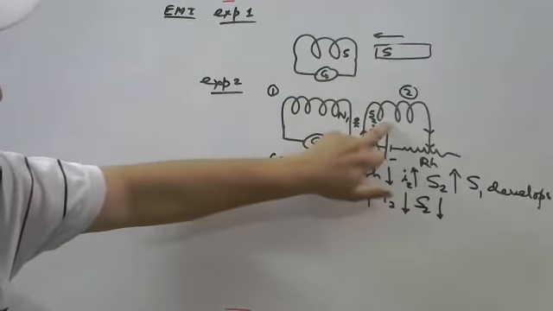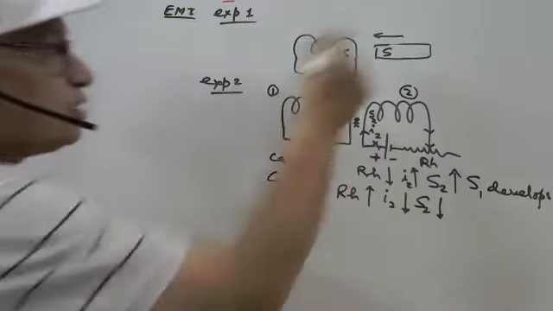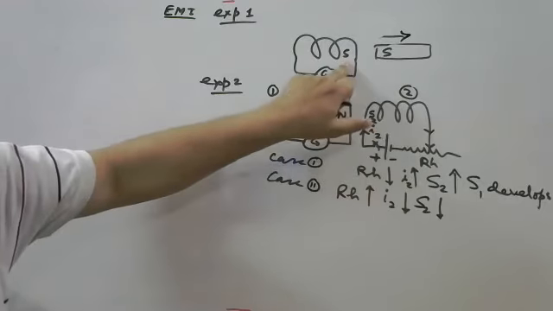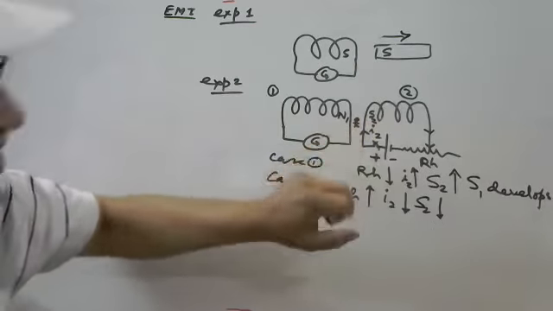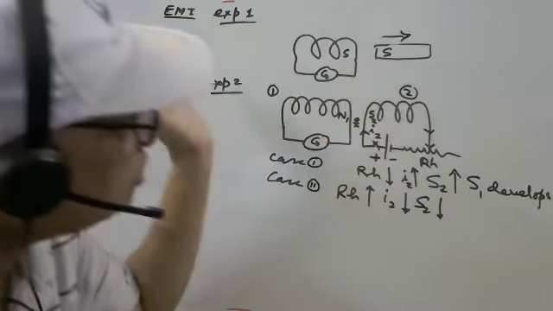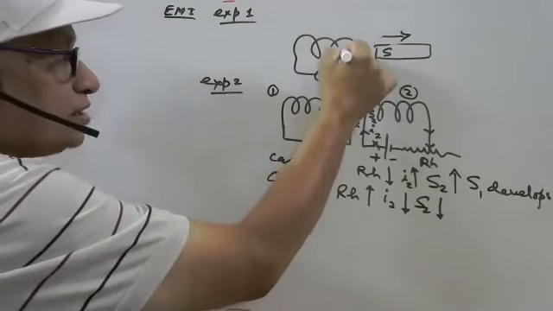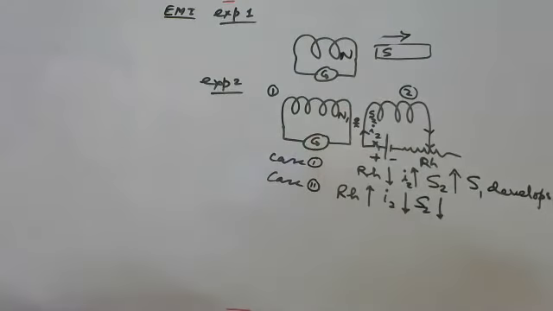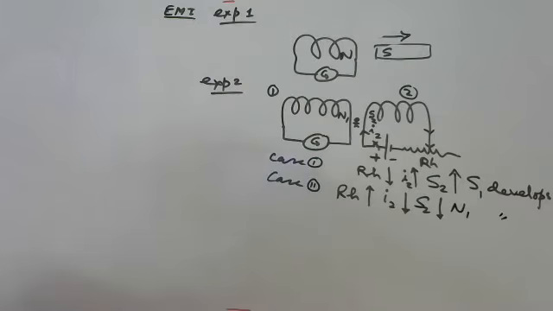Similarly here, if the south pole is becoming stronger, the south pole develops here. Suppose south pole is moving away, lines of force are decreasing. That's the case here, decreasing, as the south pole is going away. It means here north pole develops. Action is opposed. Here also action is opposed. So both the cases, north pole develops here.